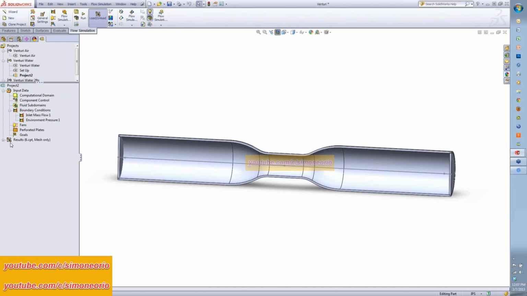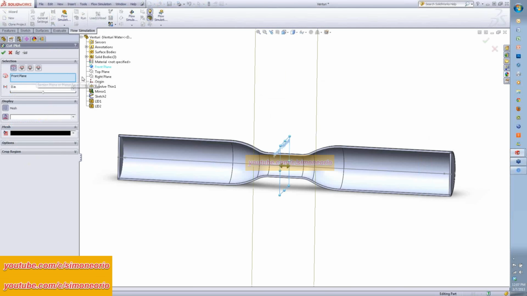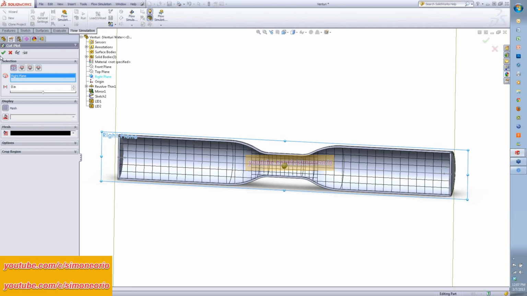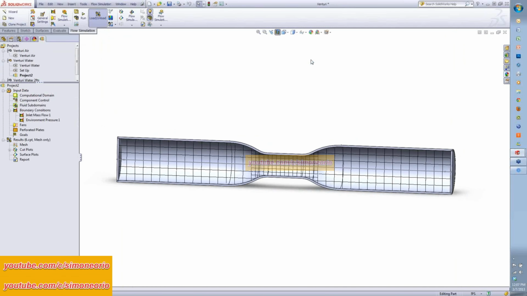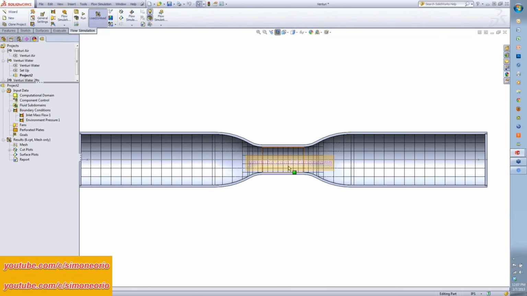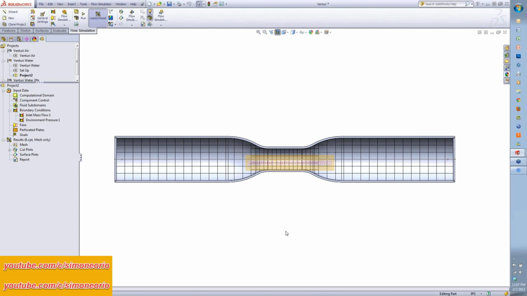cells as well. And if we look at our mesh, I can show this in a cut plot about the right plane. And we see that Flow automatically narrowed down the mesh in the area of this neck in the Venturi. We have a good 4 fluid cells, which is a steadfast rule in any CFD scenario of fluid cells across any opening. So right away, just leaving everything at the default setting inside of Flow, we're getting a fairly refined mesh to start with. So we're getting good results at this point.